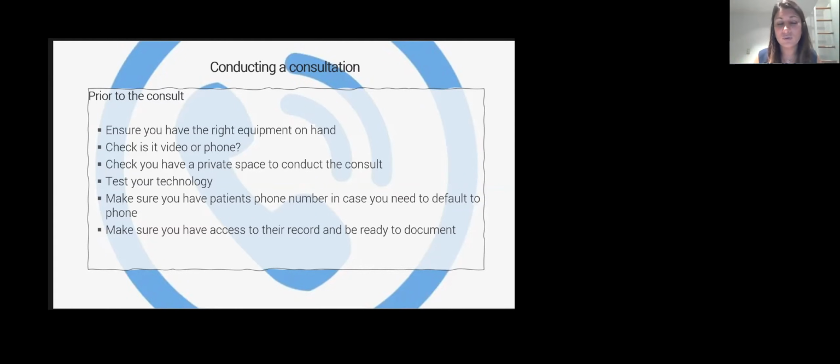Test your technology before you do it. So do a couple of dummy runs, and especially with the registrars, doing dummy runs of supervision is really critical to give you comfort and give the registrar comfort, especially if you're all in different areas. If you're at home, the registrar's at home, your receptionist is somewhere else, and you're trying to run a workflow, just do a test call. The receptionist becomes a patient and tries to call the registrar and has a consult, and then they call you into the call to have you supervise something. You've just got to test it out a little bit if you've got a chance.